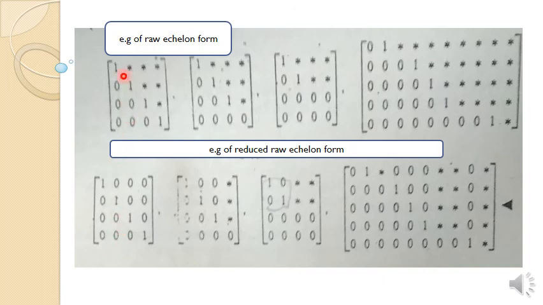Okay student, there is both a backward and forward case, but this is only the forward case. You can see that it is only the forward case. We do not go backward. If we go backward, then these entries also become 0. But in reduced echelon form, we first go forward and then backward, then the whole becomes identity. Similarly, this is also an example of reduced row echelon form. This is also an example of reduced row echelon form, and this is also an example of reduced echelon form, but this is not in intermediate level or FSc level.